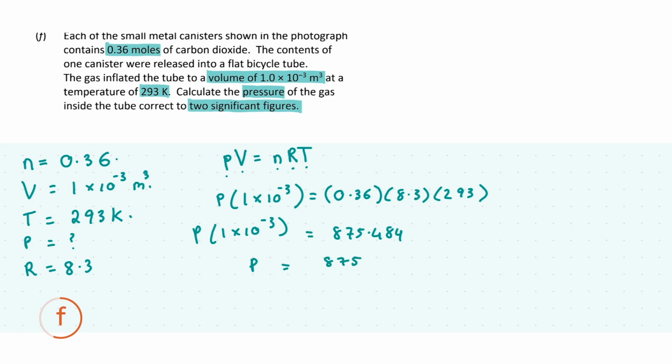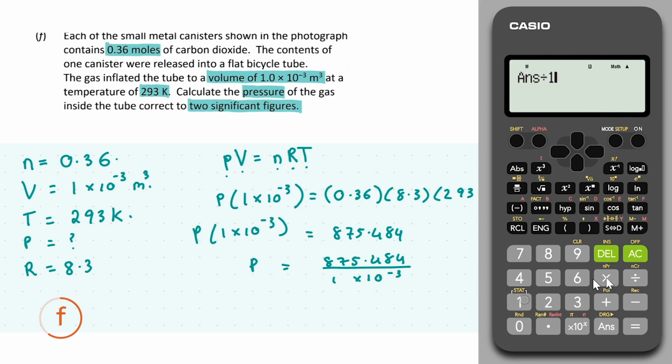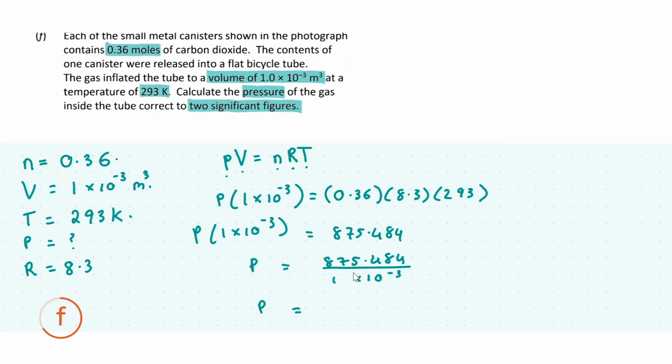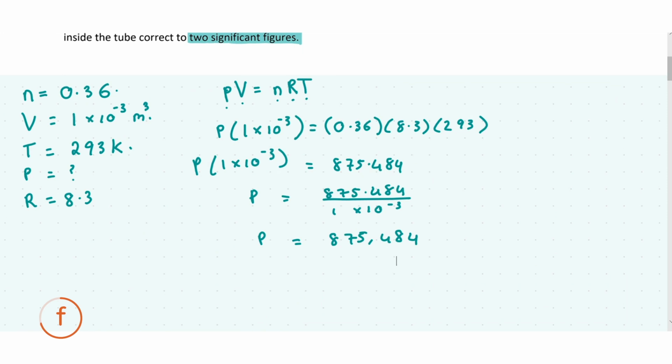So P is going to be 875.484 divided by 1 multiplied by 10 to the minus 3, okay? Okay, so that is 875,484. So P is equal to 875,484. And that is in pascals, right? But we're asked to give our answer correct to two significant figures, okay? So that means basically two numbers and the rest are zeros. So pressure is equal to